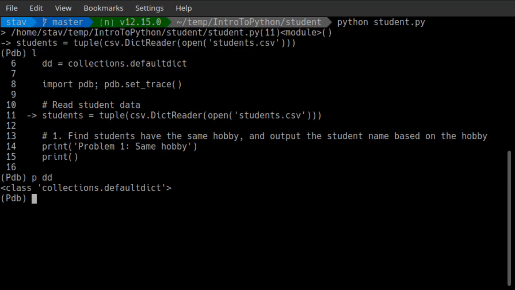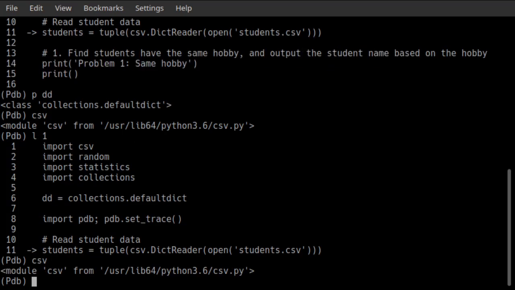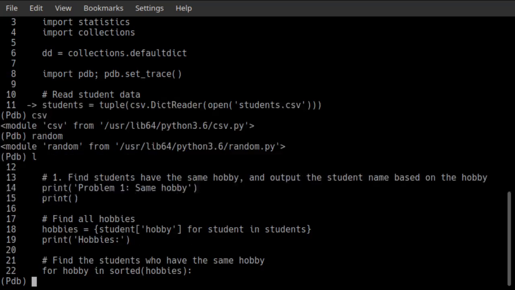All right. So we have our imports here. We can figure out where we imported things from. Right? We can say csv. We can figure out where random is from. We can figure out where, and so on. All right. So now we're going to be at line 11. We're going to be